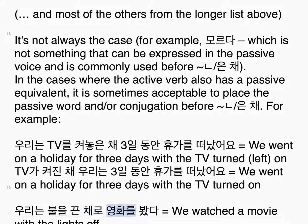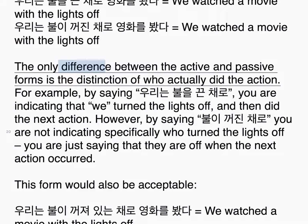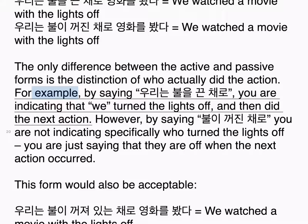우리는 불을 끈 채로 영화를 봤다. We watched a movie with the lights off. 우리는 불이 꺼진 채로 영화를 봤다. We watched a movie with the lights off. The only difference between the active and passive forms is the distinction of who actually did the action. For example, by saying, 우리는 불을 끈 채로,